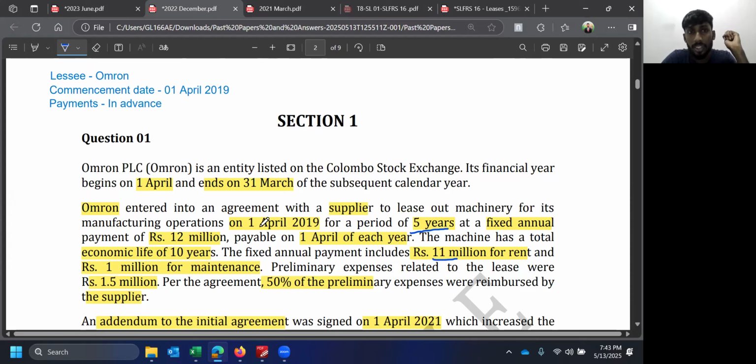Initial recognition. So here, first thing, we need to mention that the commencement date is 1st April 2019 and we identify the lease term as 5 years where the payments are in advance. Accordingly, from the commencement date, the lessee shall recognize a right of use asset